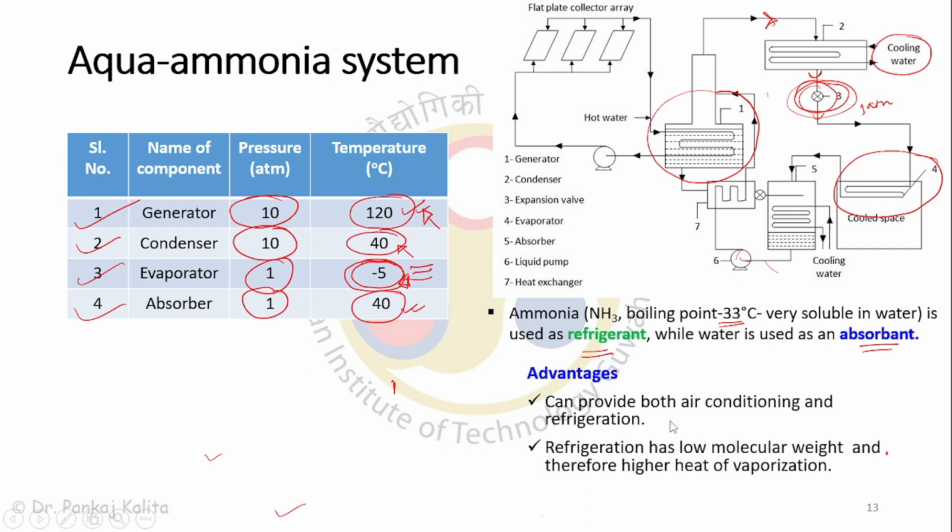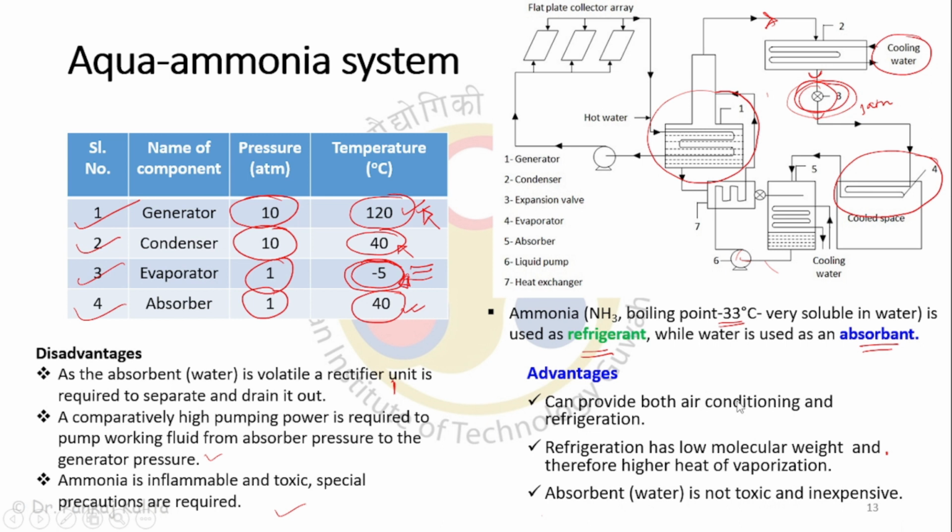Can anyone of you answer what is the difference between refrigeration and air conditioning? Here it's written also that the refrigerant has lower molecular weight and therefore a higher rate of absorption. The absorbent is not toxic and inexpensive. Basically, refrigeration is chilling or cooling a space, taking away heat. Air conditioning is like throwing out cool air with an optimum amount of velocity and humidity. So a lot of factors keep playing in air conditioning. Air conditioning is very much related to comfort, and refrigeration is with cooling or chilling.